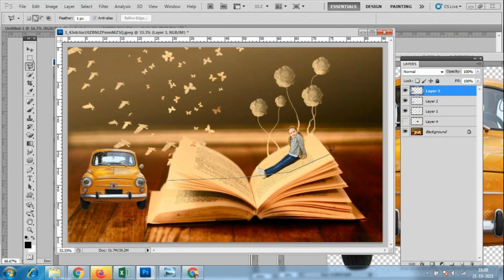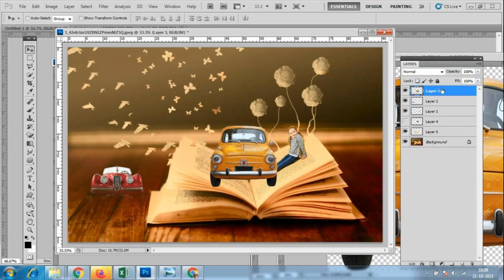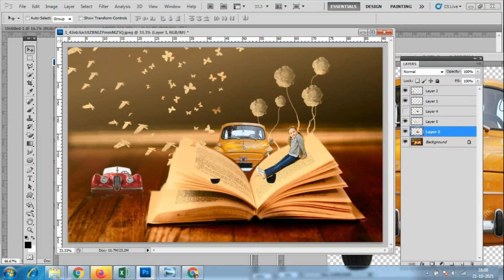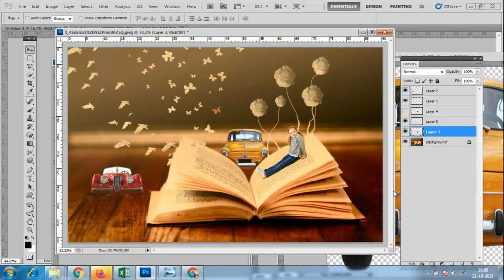So if I select the book like this, and I want to place it in a new layer, so Control J. I have selected like this, and I'll go to this car layer and go in like this. I have selected only this and cut these many options. So this is the thing we can do. I have placed it behind this. The car is now looking behind the book. Okay, so this is what we can do.